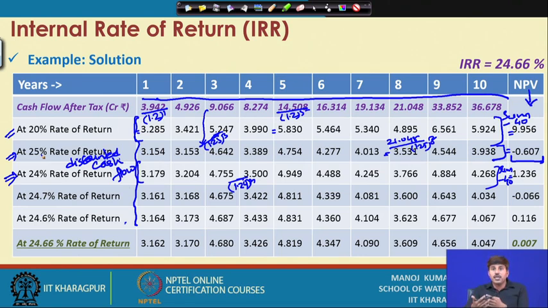We are actually closing in towards the correct value. Since we are closing in, let us take another guess. See how we make guesses. This is negative side 0.6, positive side 1.2. So, the positive side number is much larger net present value. So, we will have to shift more from the positive side and go closer to the negative side. So, from 24 to 25, let us try 24.7 as a trial. When we do at 24.7, we divide all these values by